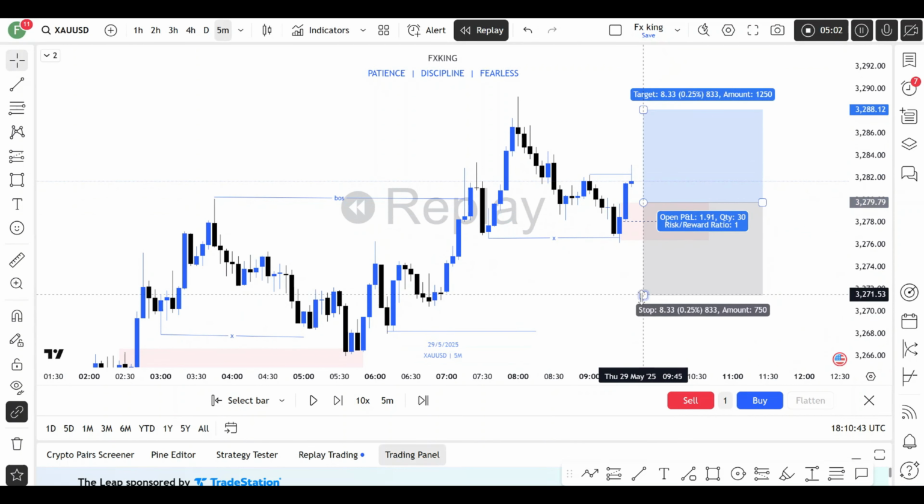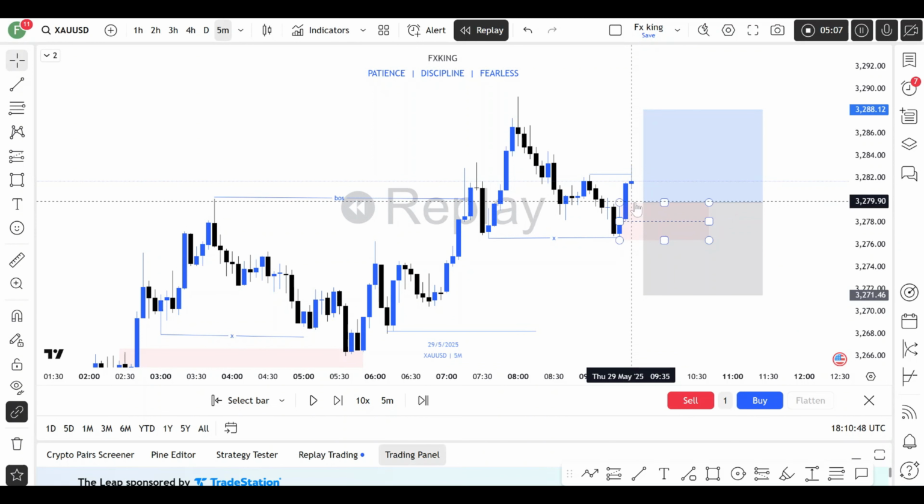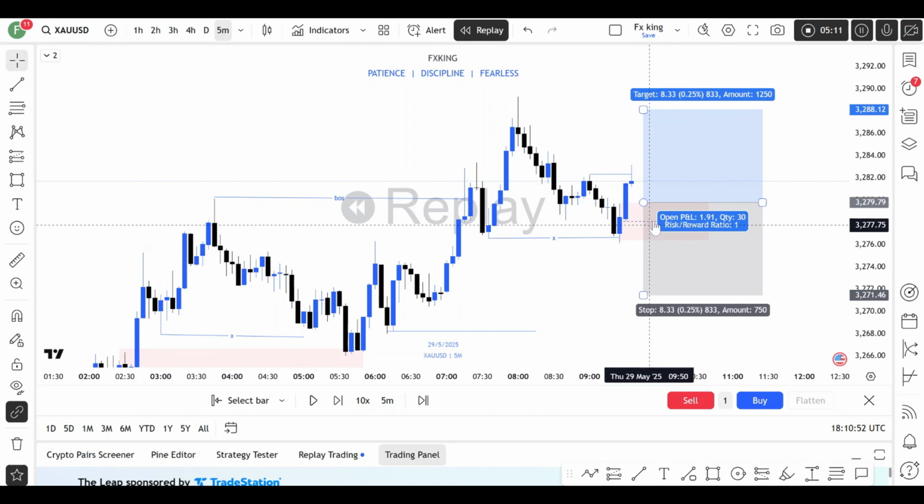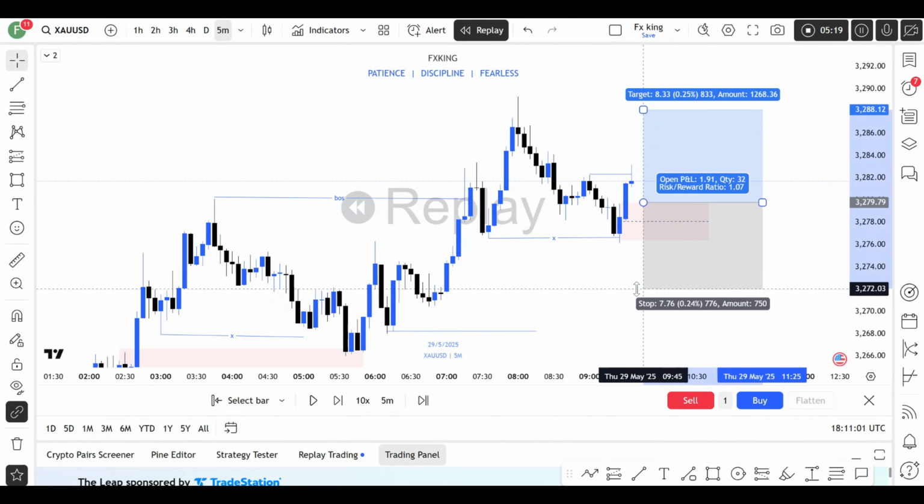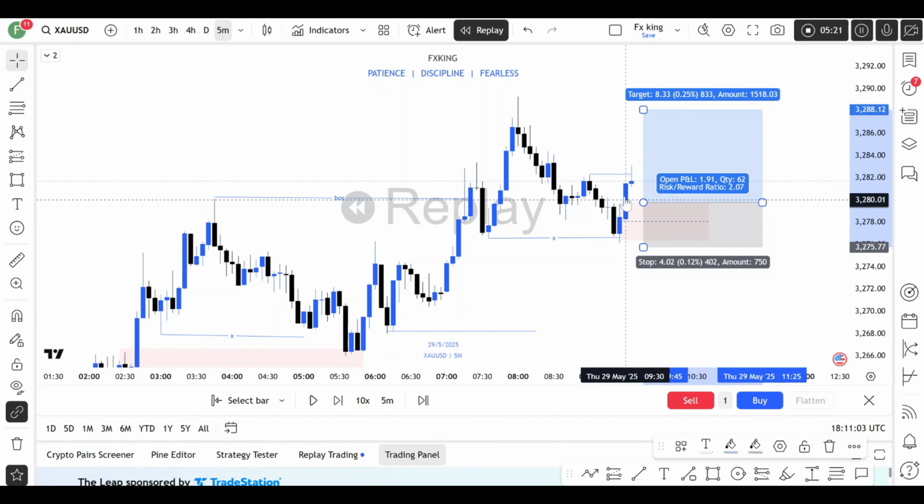Whether I enter manually or I enter with a limit order, it doesn't really matter. But entering manually will always leave you to enter a little bit late. But if you happen to put a limit order and the market activates that limit order, you enter a little bit early. So now if I set my limit order right here,